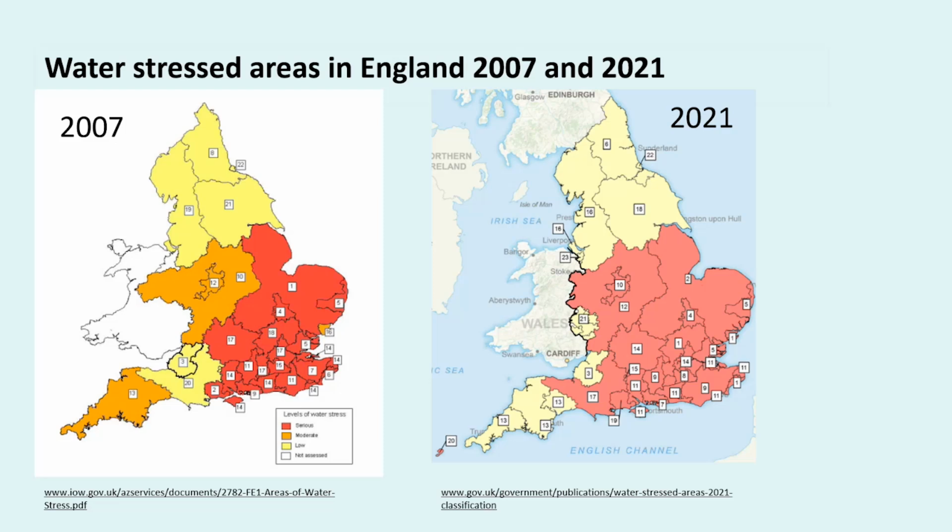With the population of England being 57 million or thereabouts, 70% live in seriously water stressed areas, which is quite astonishing. These areas essentially mirror the rainfall pattern that we've just seen, although they don't extend up the east coast of England, possibly because of a lower population density and greater reservoir storage in those areas.